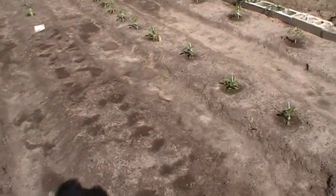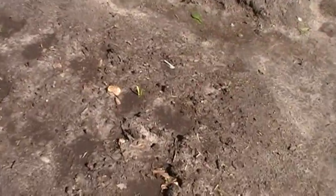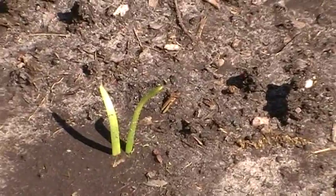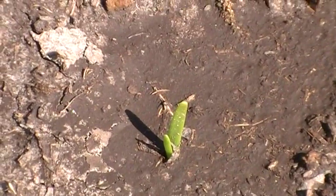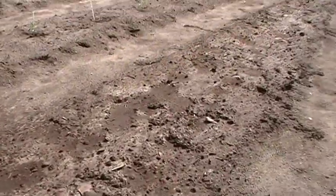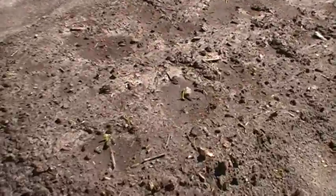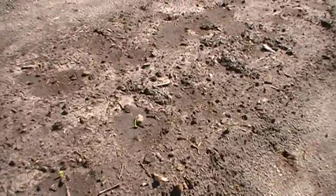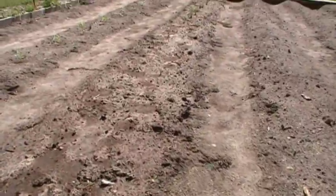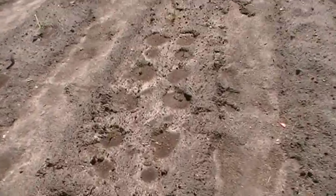It is our onions, and as you can see, we have onions popping up through the ground, so far a good 60% of the patch here. We have several coming up. These are just regular white onions, brown onions, whatever my wife planted. But like I said, we have several of them popping up already, so it's a good sign that we did